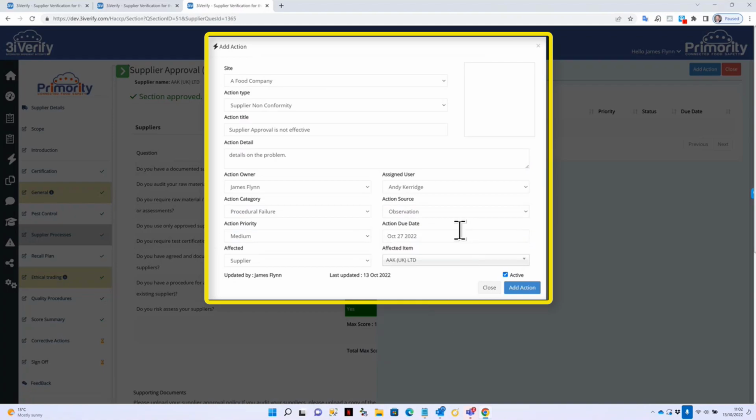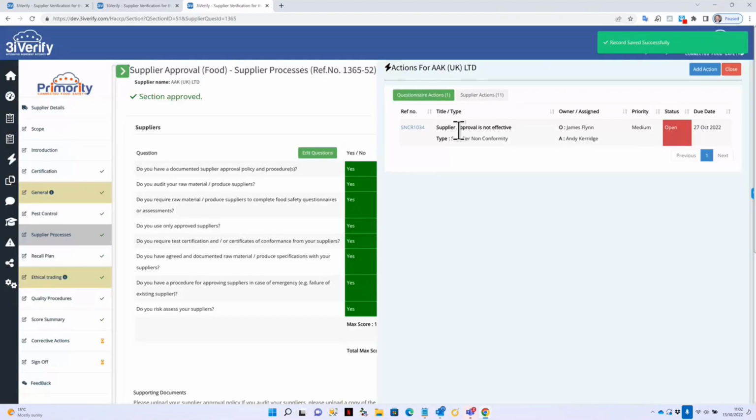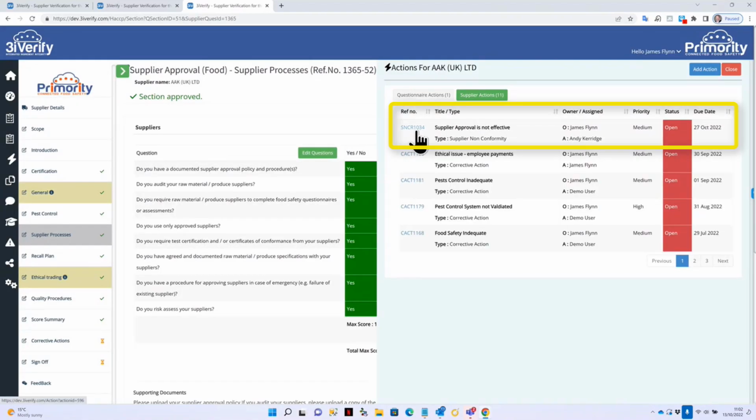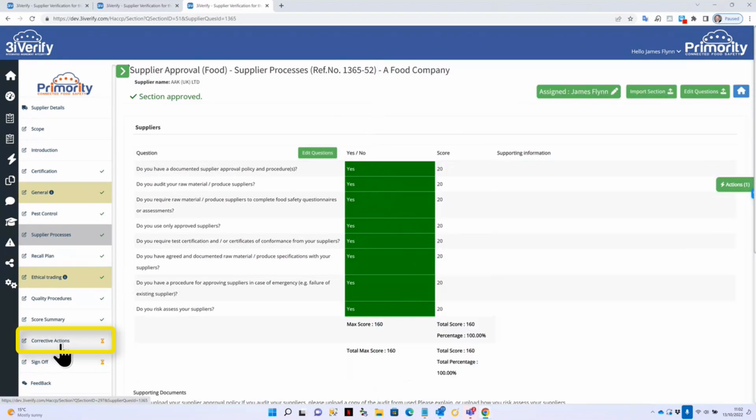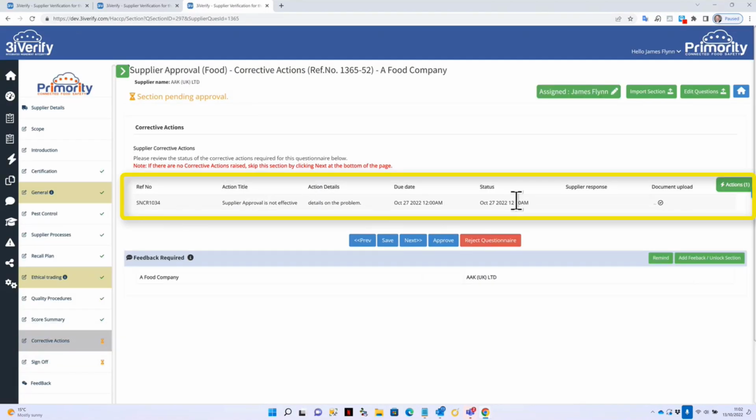So the supplier is going to be reminded, and you're going to be reminded about this action as well. And then it's automatically selected the supplier who is affected here, and we can click Add Action. So this will add the action into the system, and it's recorded here against this questionnaire. And we can also see that the corrective action is also in the Supplier Actions tab. Closing this and returning to the Corrective Actions tab, we can now see that the corrective action is logged here